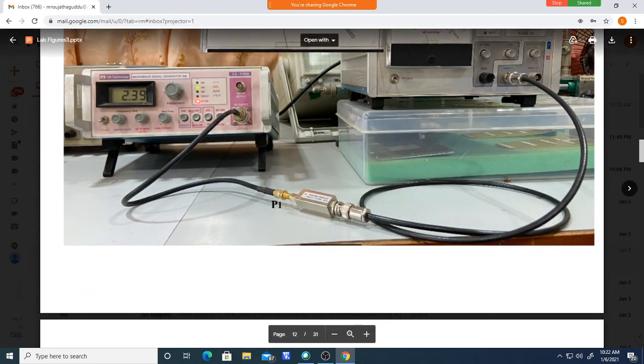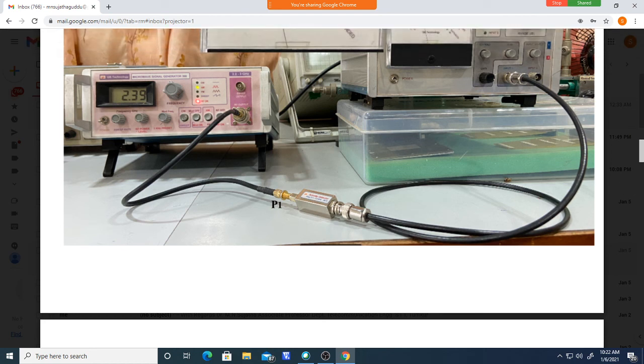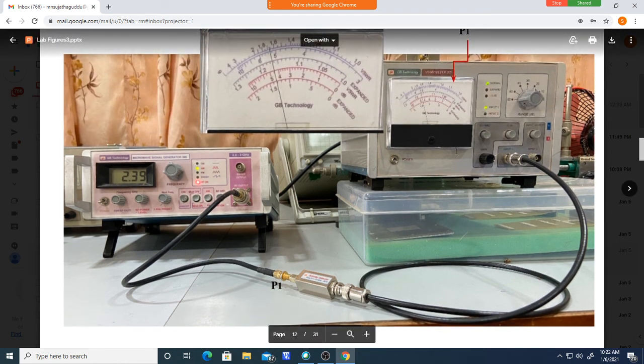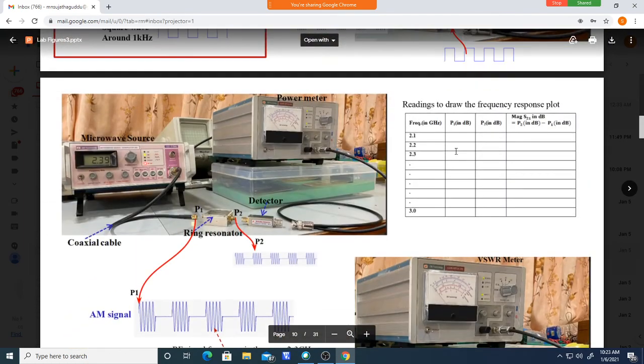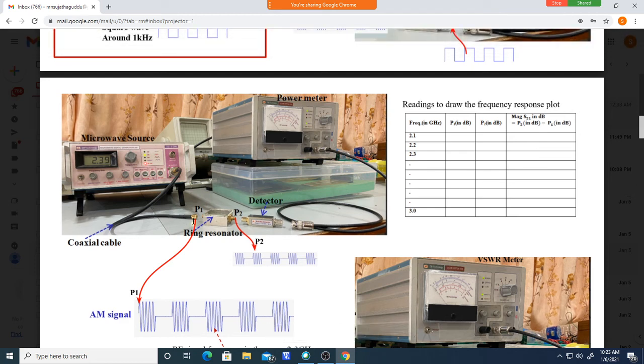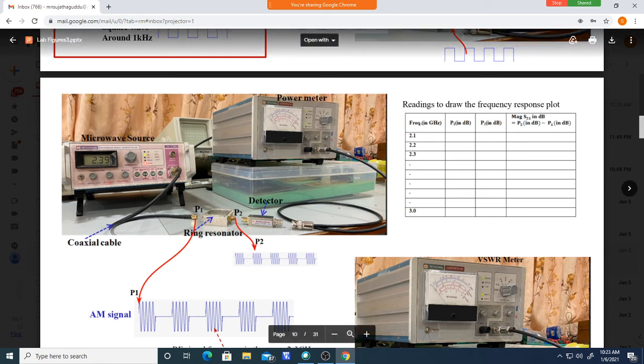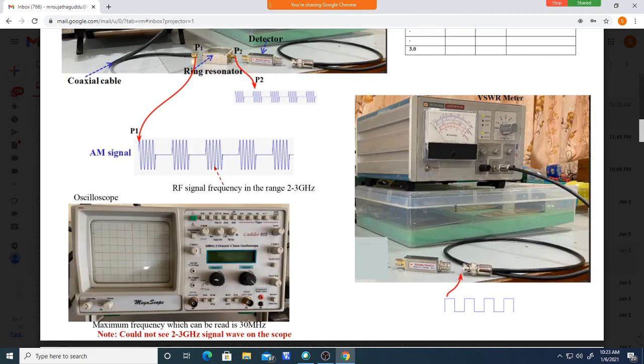So P1 we are measuring. This is the detector. You measure first how much power. Actually you should measure that at all frequencies, because small variation will be there. Even if you set this knob to some value, as the frequency changes the output does not remain the same, it will change. Small fluctuations will be there. That's why you keep it at some level, vary the frequency and note down P1, the output at different frequencies. Even if you keep this constant, as the frequency changes there are small changes in P1. So that's why you measure P1 at every frequency.